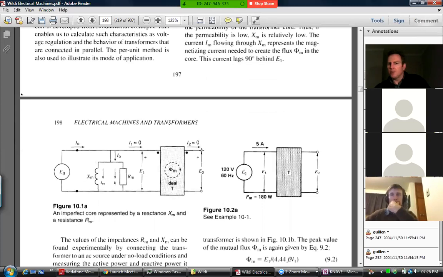At this point in time, the secondary over here is open circuited. No current is flowing here. That means no current would flow here either, right? Because to get current sucked in here, we must get current sucked out there. If this is a dead end, no current's flowing here. But there is current flowing back and forth